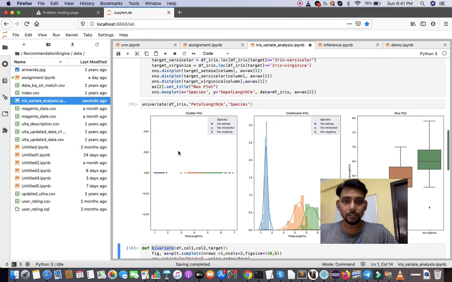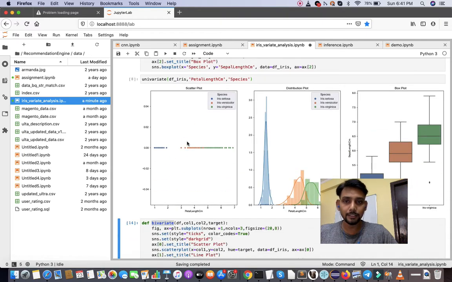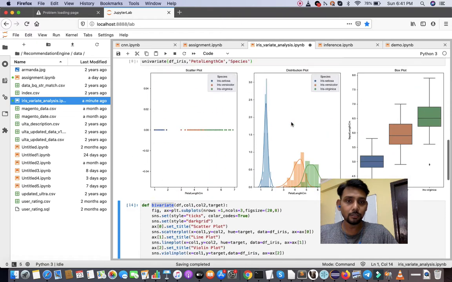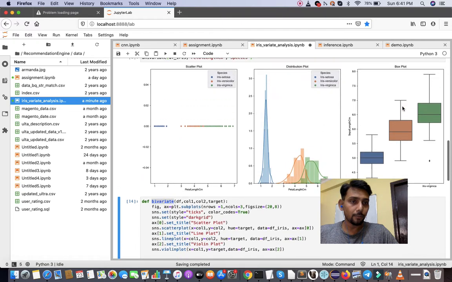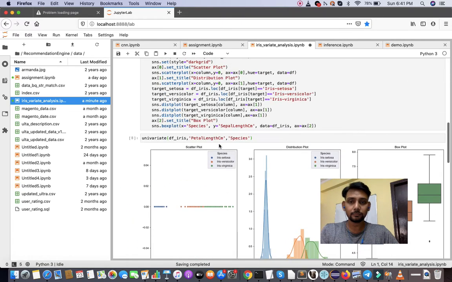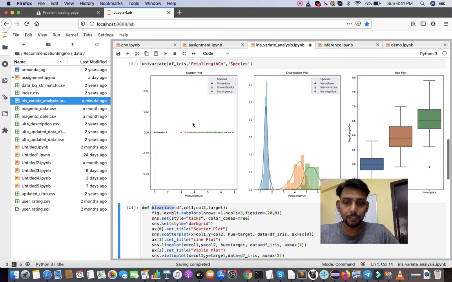So in the first subplot we have plotted the scatter plot, in the second we have plotted the distribution plot, and in the third we have plotted the box plot, right? Here we can see the petal length variable.